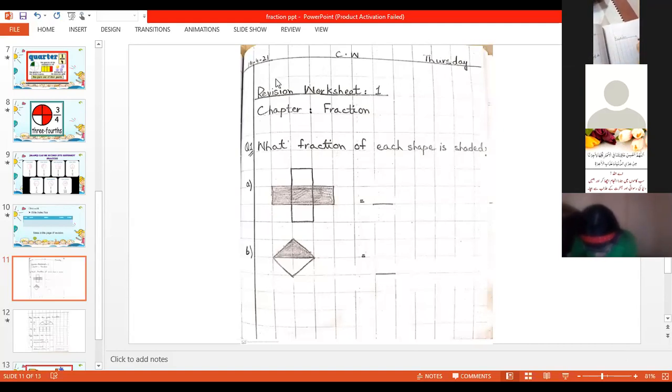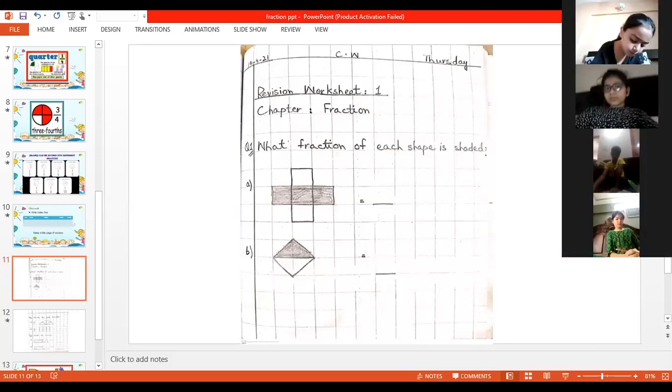Then you will leave one line, and then start. You will write revision worksheet number 1. In revision worksheet number 1, we are doing the chapter of fraction. Very good, Meher. Very neat and clean writing.